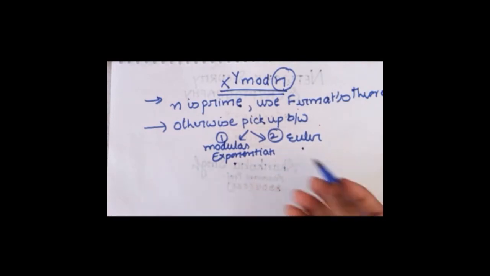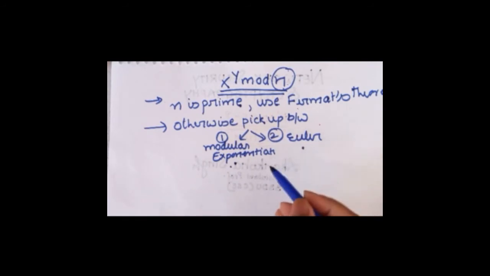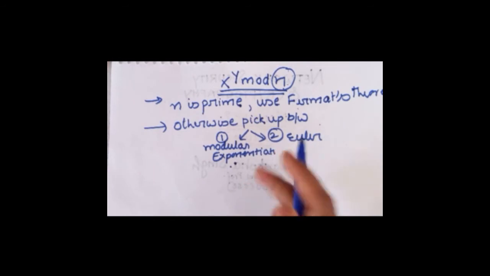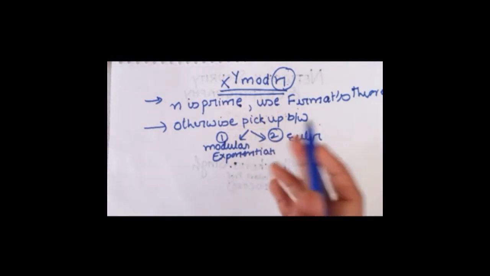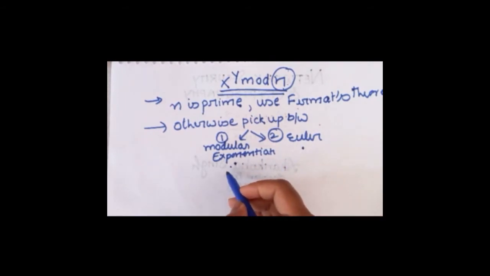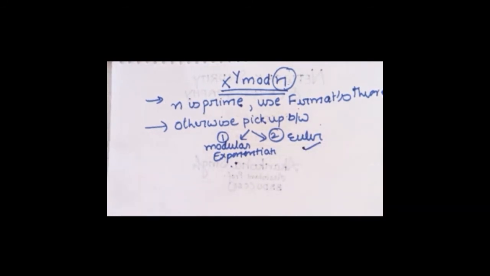I will also give you a hint when to pick up modular exponentiation and when to pick up Euler's theorem. For very small numbers, you can pick up modular exponentiation, like for 11 to the power 7. That was an easy method. You could have picked up modular exponentiation for that. And for huge numbers, like 11 to the power 194 or 11 to the power 1000 mod something, you can use Euler's theorem. When the value in the power term is a big number, please use Euler's theorem. That is the hint.